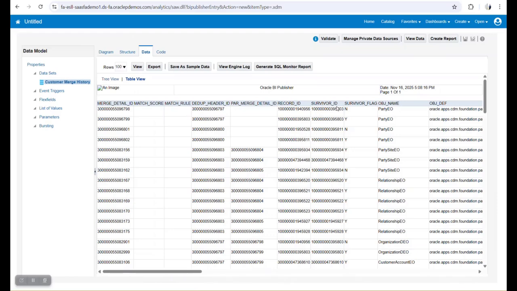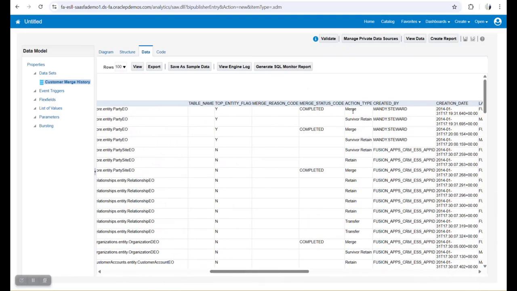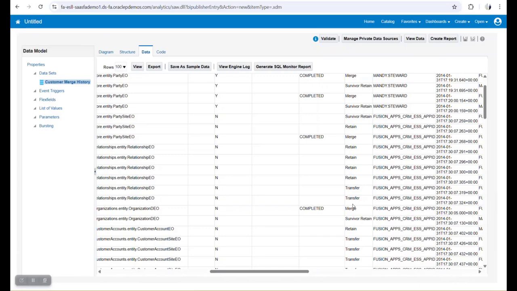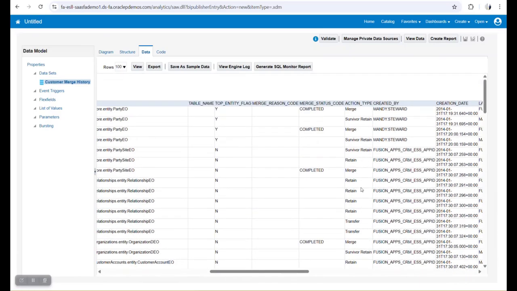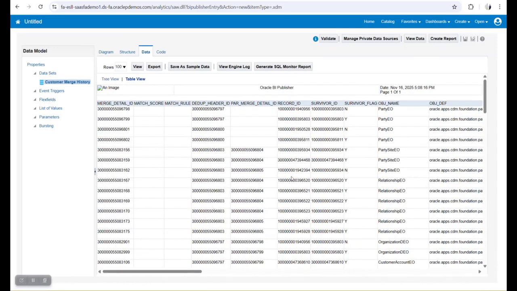This is survivor ID, which is for the customer account ID, and go to right, you will find the action type here. Action type, is it merged, is it survivor retain, is it merged? Survivor retain means again you merged from account to account under the same customers, and here is it merged or not, is it retain or is it what, transfer from account to account, and so on. So based on that, you can also come back to the data model and just select only, for example, record ID, which is customer account ID,